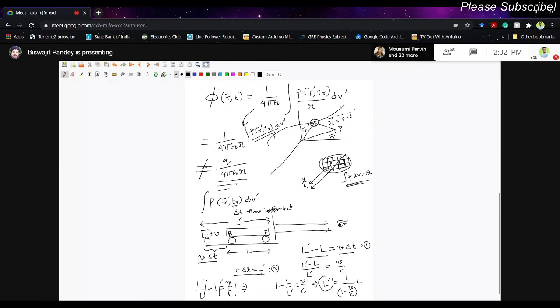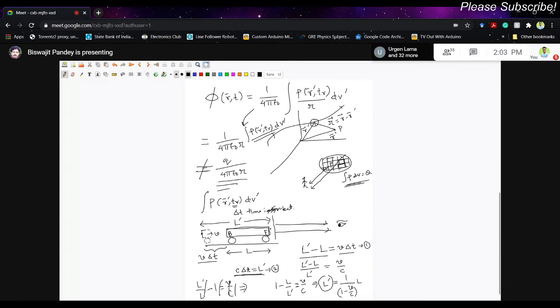What is L prime? L prime is this length, I mean this one. And what is L? L is the actual length of the train. And L prime is basically, when you see the train, you are actually seeing the light coming from here. One light ray coming from here, another light ray coming from here. So that is L prime. If L prime is L by 1 minus V by C, then what is the conclusion? That means the length of the train measured by the observer is not the same as the actual length of the train, right? That should be multiplied by a factor of 1 over 1 minus V by C.